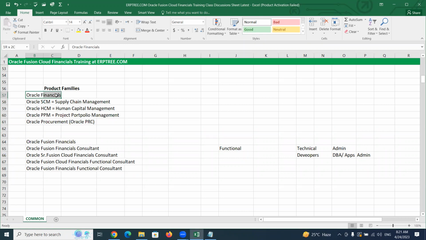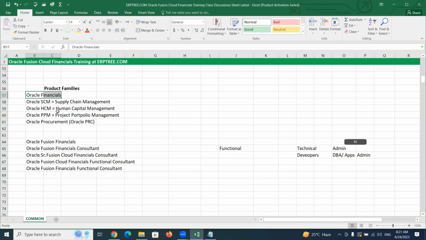When you talk about Oracle Financials, for all the departments in the company which deal with the money, you can use these financials applications. We'll go into more detail on the names after a few minutes. For now, you can take the names.